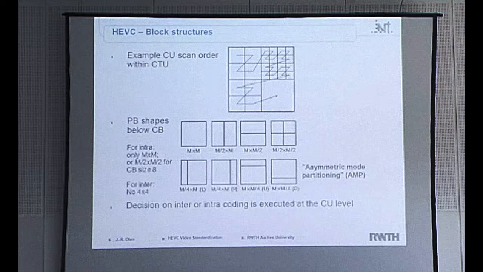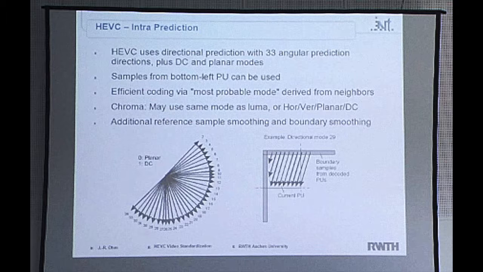That was about inter-picture prediction from a different picture. Now, if you don't find another reference picture that gives you a good prediction, you can try within the same picture. Already, advanced video coding did that with what we call directional prediction. You take the information from already decoded adjacent blocks and just propagate the boundary samples with a certain directional orientation into the current block.